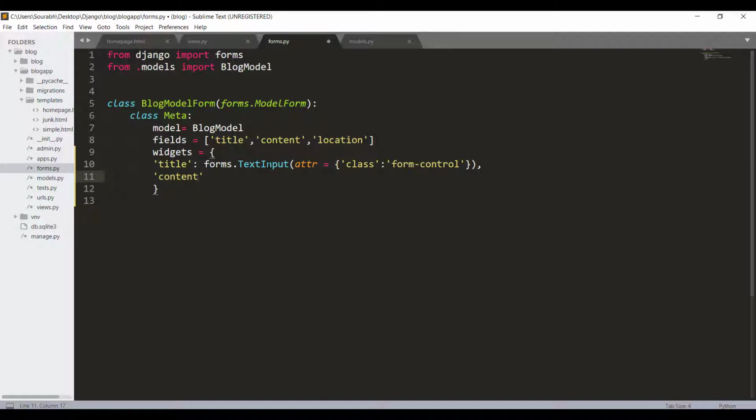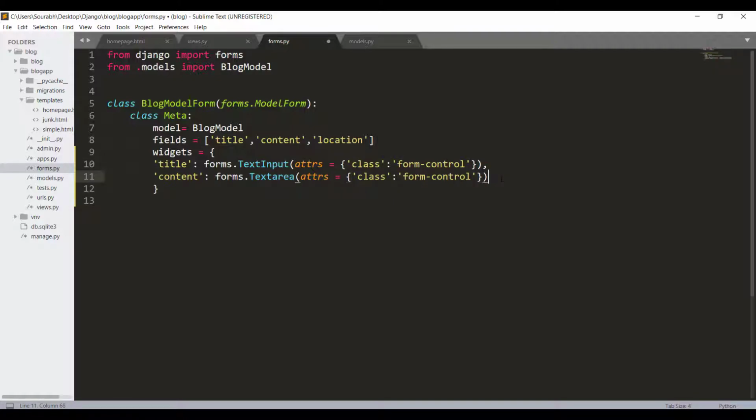Now we want to modify the content, that is the text area part. For the text area we have to write here forms.Textarea, and again we give the attributes, actually it is attrs equals, and again we specify the same thing, class of form-control.